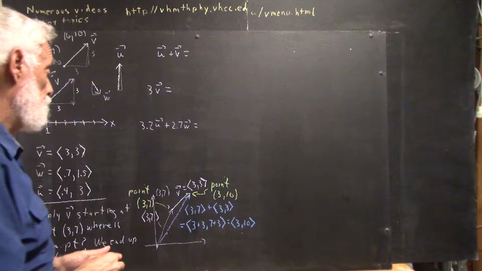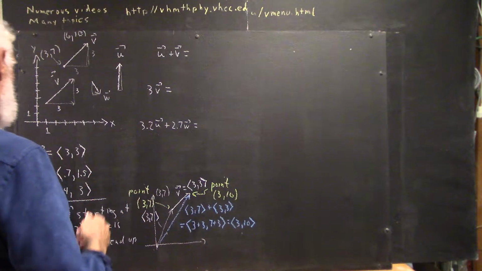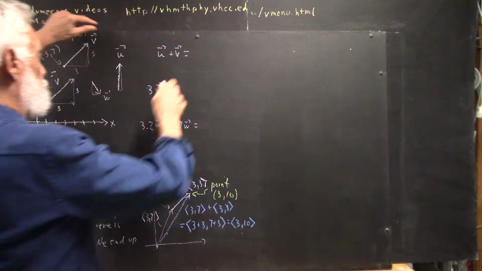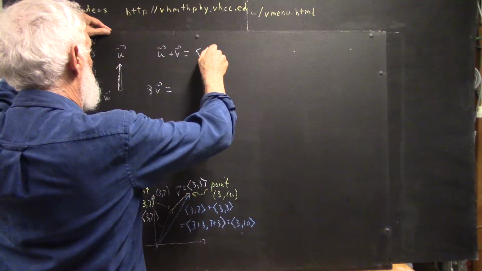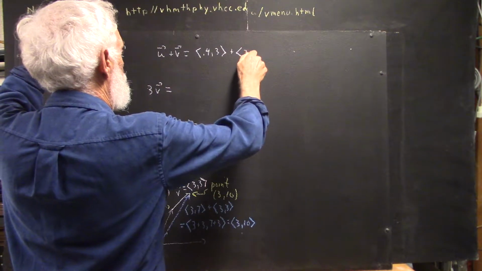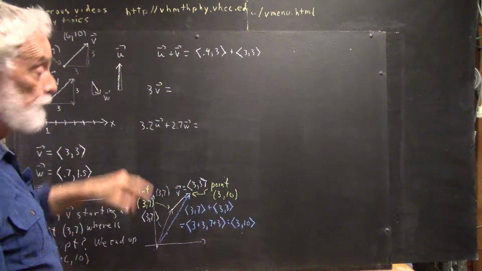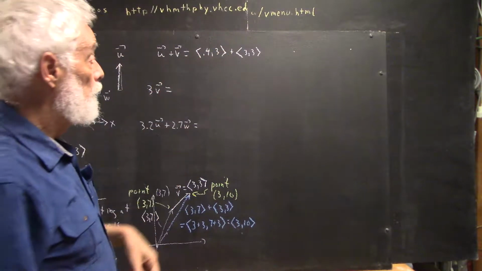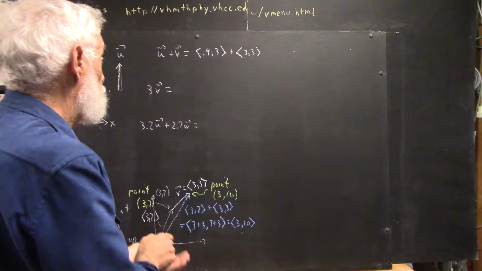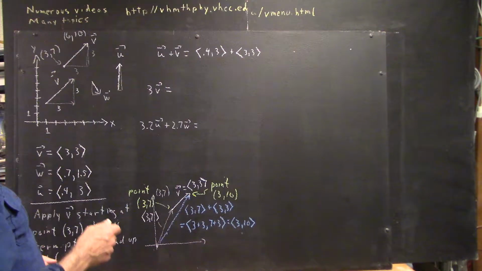Now let's find a few sums. What is u plus v? Well, u is the vector with components 0.4, 3, v is the vector with components 3, 3. So u plus v is the vector 0.4, 3 added to the vector 3, 3. Now the vector 0.4, 3 is the vector that moves things 0.4 units in the x direction, 3 units in the y direction. The vector 3, 3 moves you 3 units in the x direction, 3 units in the y direction. So the vector u plus v, if you depict it,